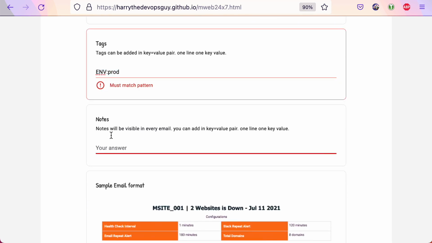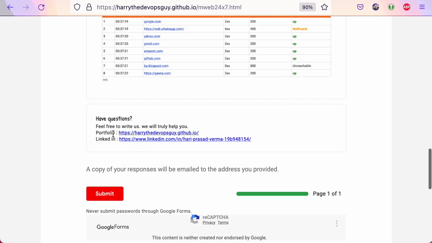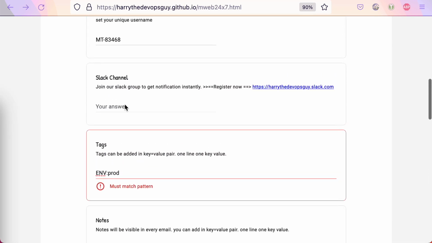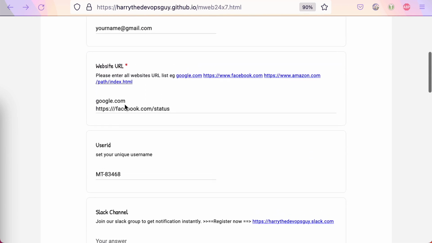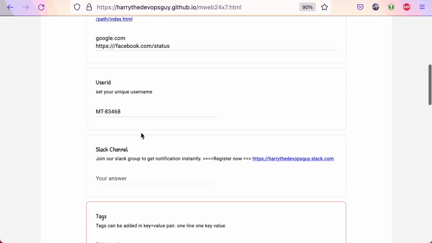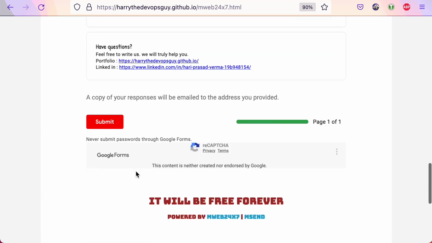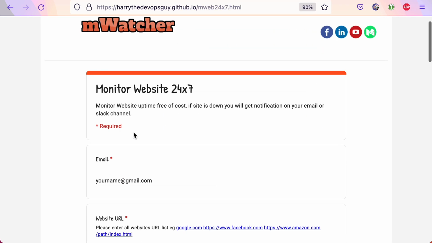Once you have filled in the whole form, you have to submit it. Later on, if you want to edit or add more domains, you will get an edit link at the email ID which you have mentioned here. Immediately you will get an edit link. On that link, you can add more and more domains, and also remove and add more. If your site goes down, we will notify you at the email ID which you mention here.